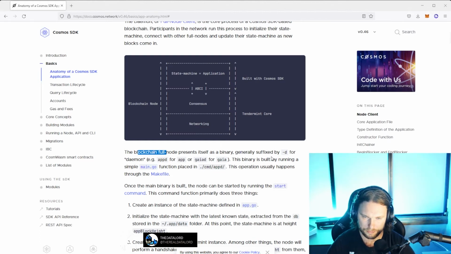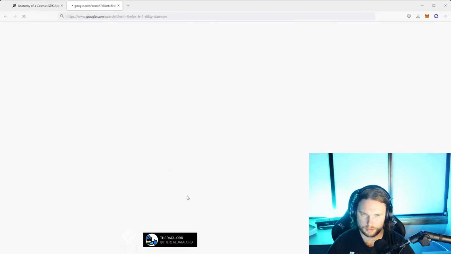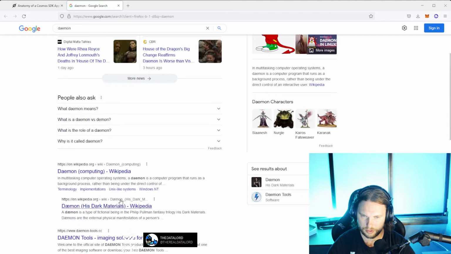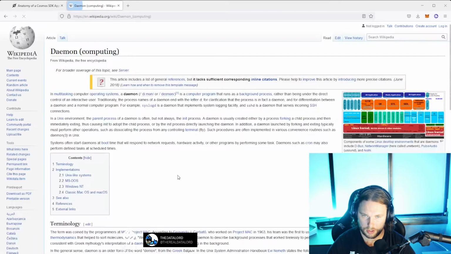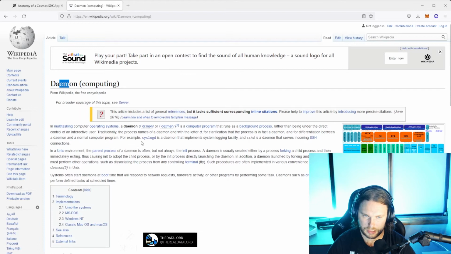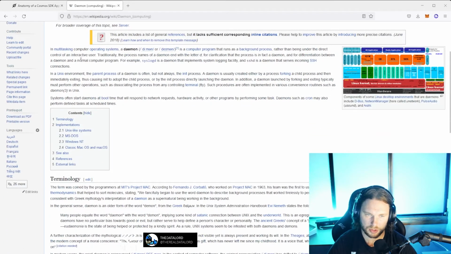So, generally suffixed by -d for daemon. So I get that. If there's a daemon, which is like an instance, right? So if we look this up, daemon in computing. In multitasking computer operating systems, a daemon